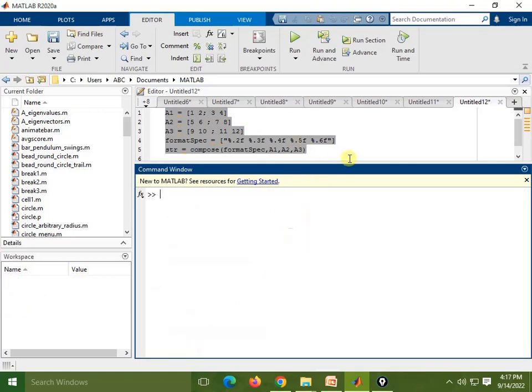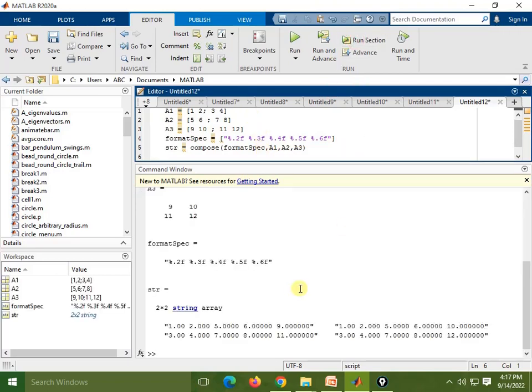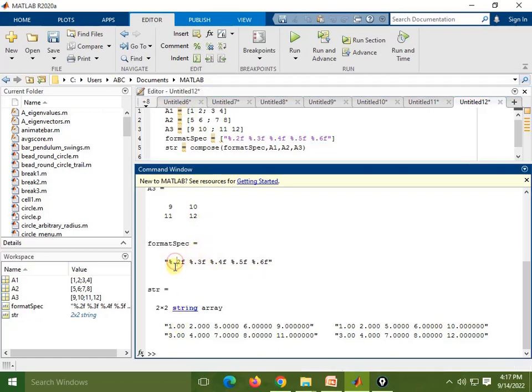So when we run this program, see very carefully what will happen. So the first format specifier is applied to the first column of A1. 0.2f is applied to the first column of A1, and then 0.3f, the second format specifier, is applied to the second column of A1. Then 0.4f, which is the third format specifier, is applied to the first column of A2,